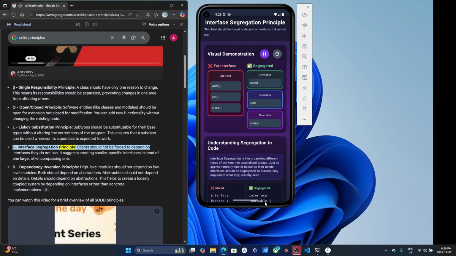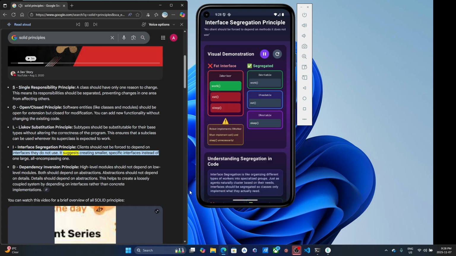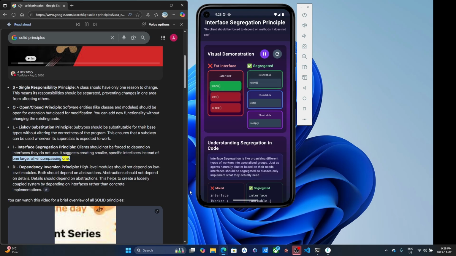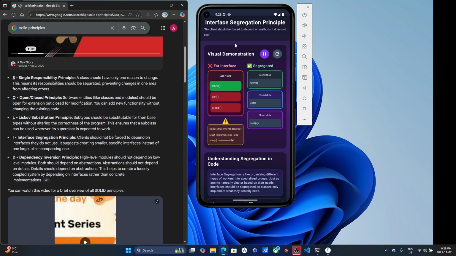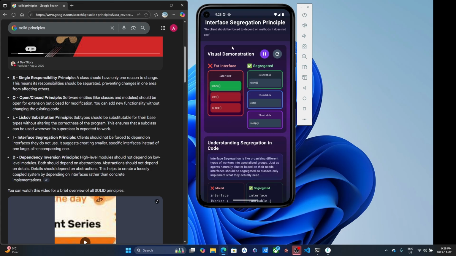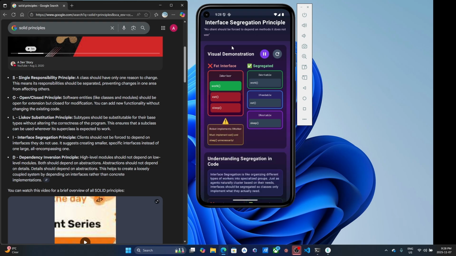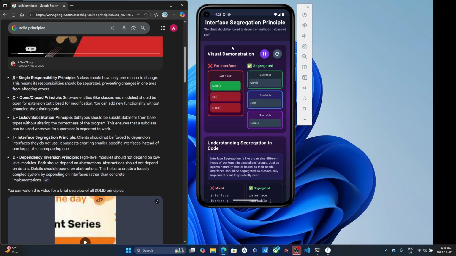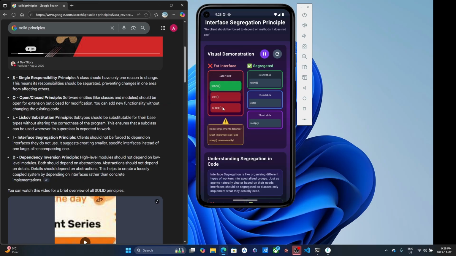Interface segregation principle. Clients should not be forced to depend on interfaces they do not use. It suggests creating smaller, specific interfaces instead of one large, all-encompassing one. So ISP, interface segregation principle, means you're using the interface, but how do you create the interface in a good way? Instead of a large